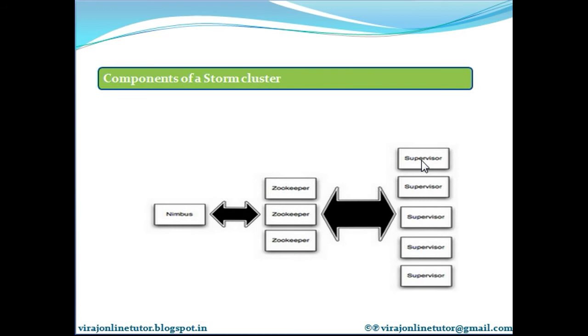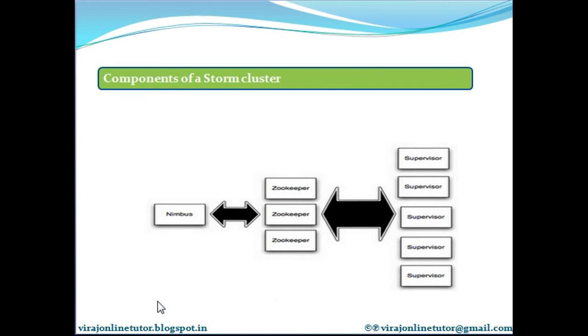Each worker process executes a subset of a topology, and a running topology consists of many worker processes spread across many machines. All this coordination between Nimbus and the supervisors is done through a Zookeeper cluster.